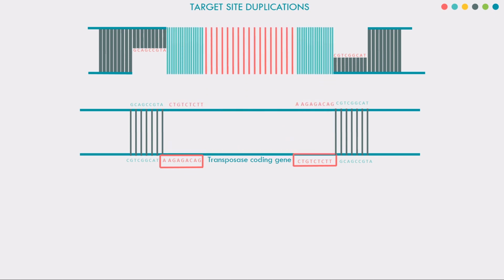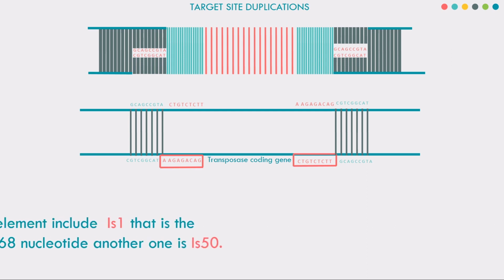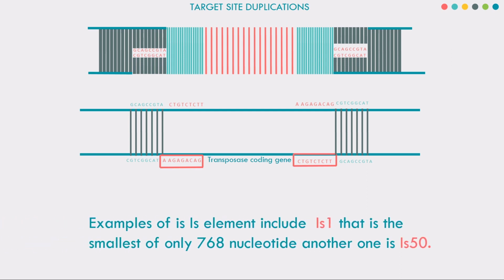Then the transposase coding gene with the terminal inverted repeats moves to the cut, and then these sites replicate and make the target site duplication. An example of an IS element is IS1, the smallest, of only 768 nucleotides, and another example is